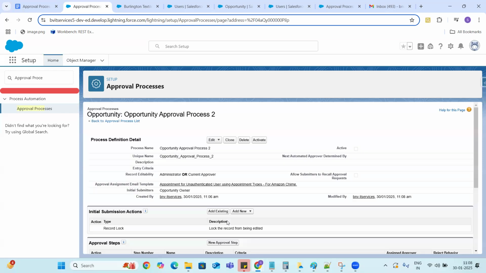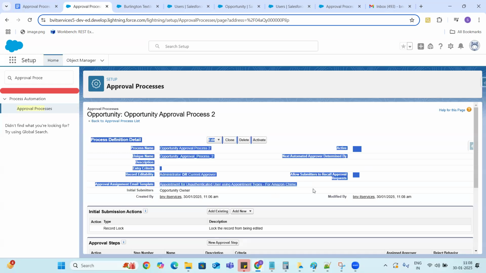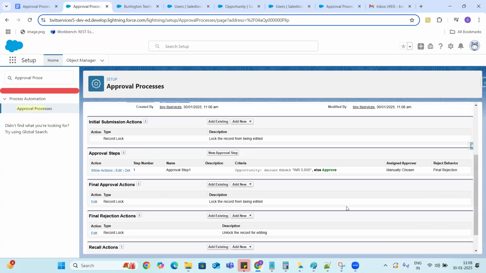Whatever things we have configured initially as part of the Jumpstart wizard, it automatically displays this page, and from this page we have configured the rest of the things, guys. But the standard setup process is something like that.